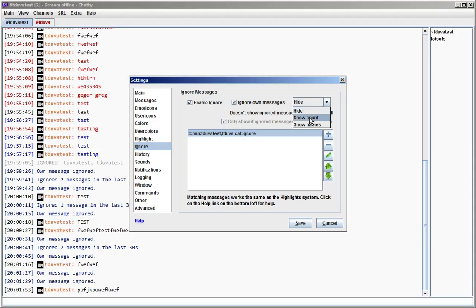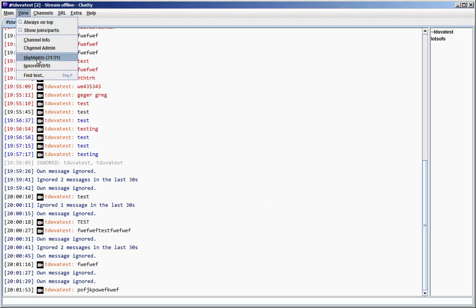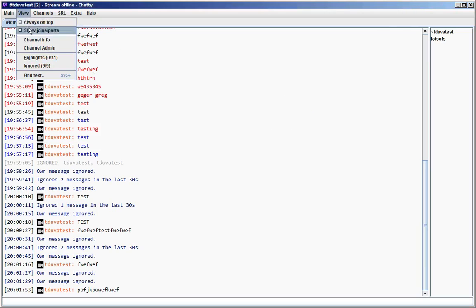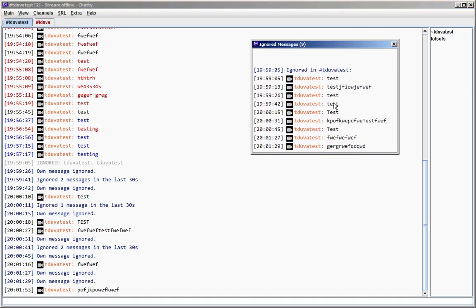Okay, so one last thing about the ignore system. As I mentioned earlier, you also have this option, which is to only show if the ignored messages dialog isn't open. So ignored messages, similar to the highlights dialog here, also get added to their own dialog, where you can just check what was ignored, either to check if actually the correct messages were ignored, or if more than you actually wanted was ignored, or just to read up on them if you want to.